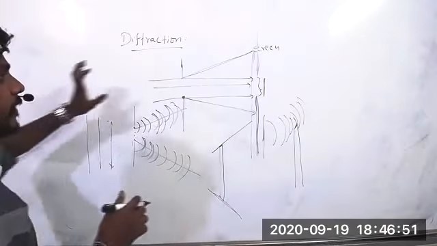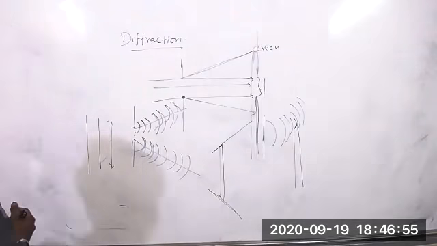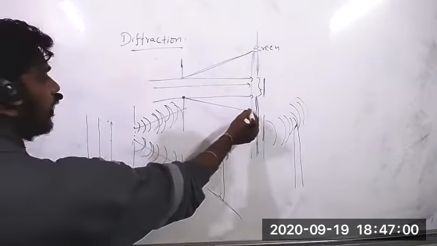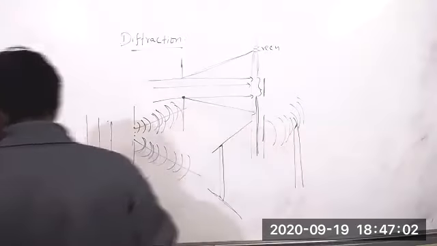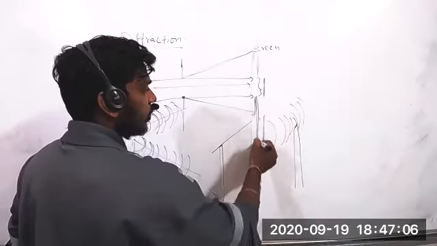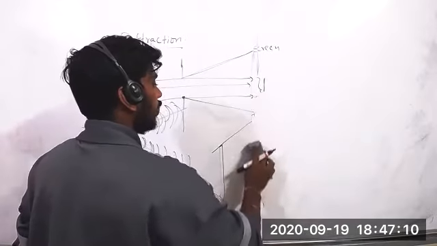Yes, sir. Okay, once diffraction happens, it will enter into the dark region. The dark region is nothing but shadow. So what happened here? It has entered. Once it has entered, you should not feel that it is also some bright region; it is a dark region. You can't feel like that. What will happen here, let's see.